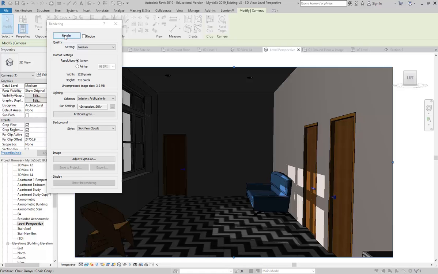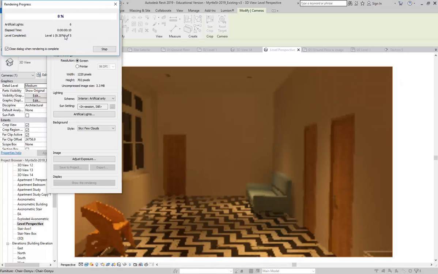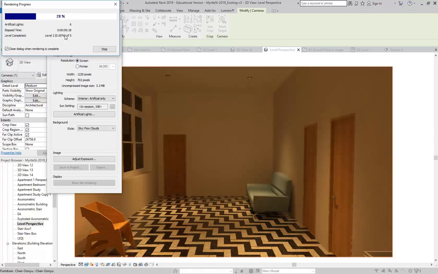And I render it. And it's going to have the same render settings as before because it's the same camera. Okay, so Saul's going to be back in a minute to go through the